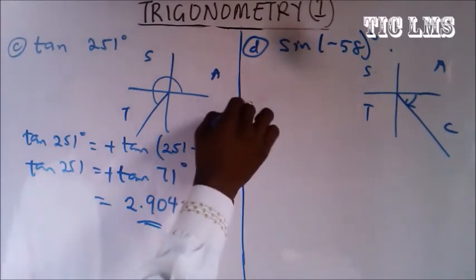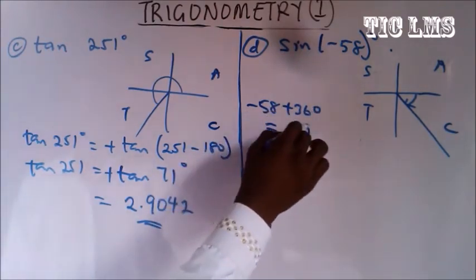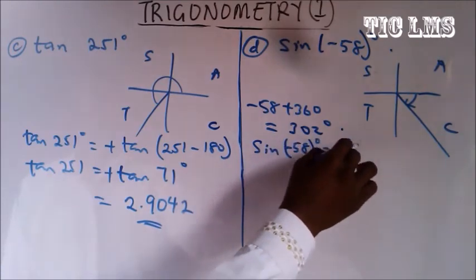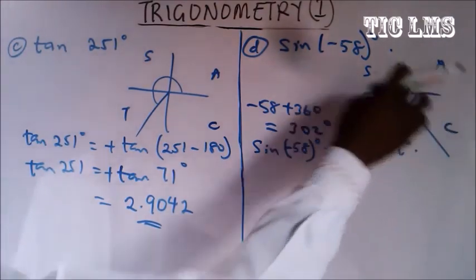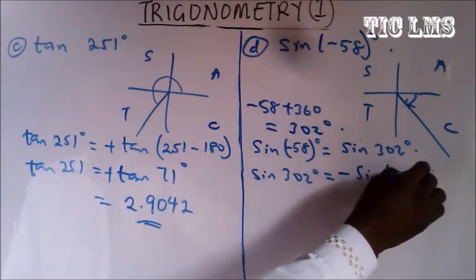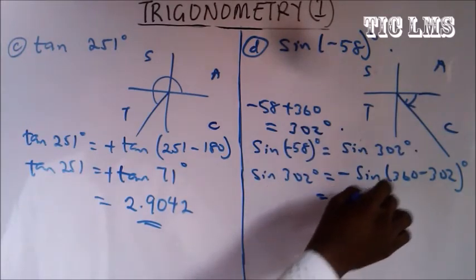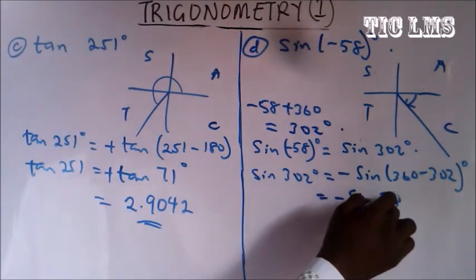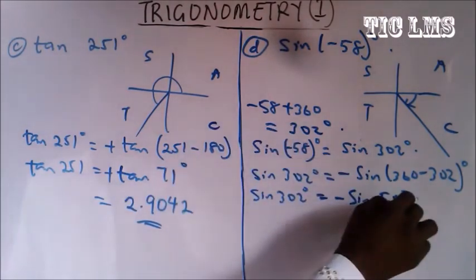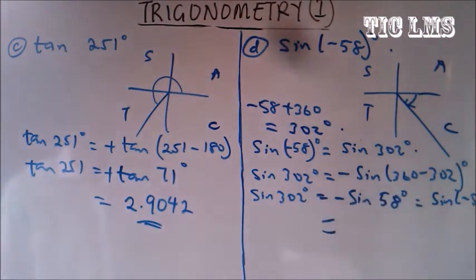Its equivalent positive angle is gotten by saying minus 58 plus 360 degrees, and that gives 302 degrees. So first and foremost, sine minus 58 degrees equals sine 302 degrees. It is in the fourth quadrant, and in this fourth quadrant sine 302 degrees equals minus sine 360 minus 302 degrees, because sine is negative. That gives 58 degrees, and so sine 302 degrees equals minus sine 58 degrees, which is also equal to sine minus 58 degrees. All right, and so when we look at this sine 58 degrees, we will have it as